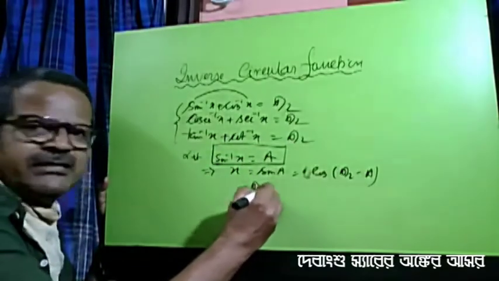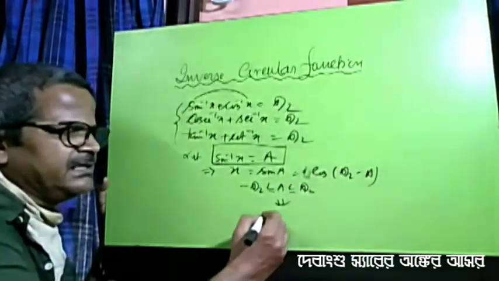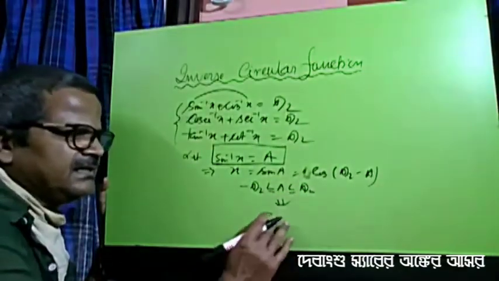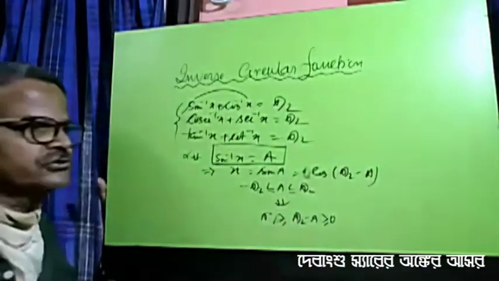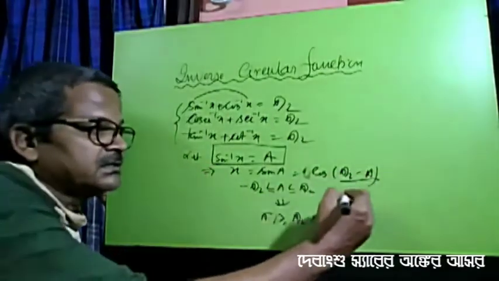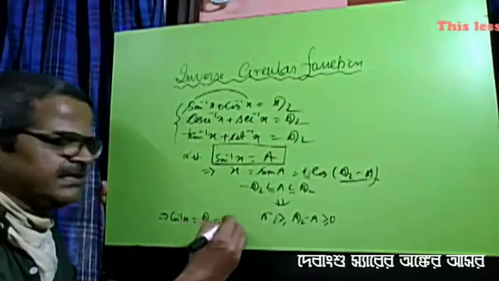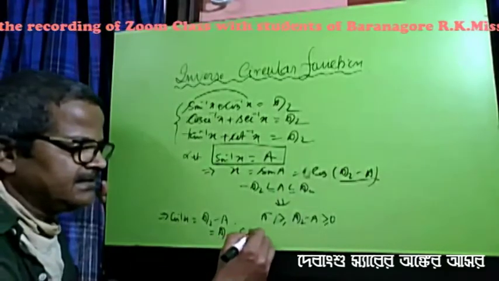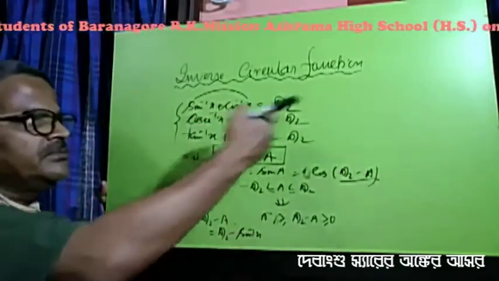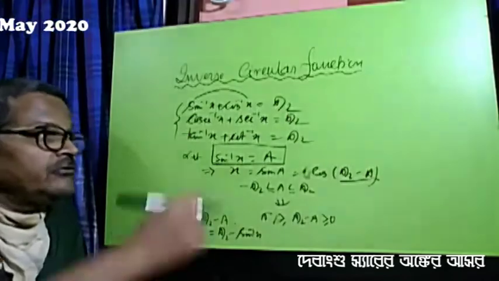So minus pi by 2 is less than or equal to a, which is less than or equal to pi by 2. And that implies pi is greater than or equal to pi by 2 minus a, which is greater than or equal to 0. So this belongs to the principal value range of cos inverse. So that implies cos inverse x is equal to pi by 2 minus a, and that is equal to pi by 2 minus sin inverse x. Now bring sin inverse here and you have the formula: sin inverse x plus cos inverse x is pi by 2. Likewise, you can prove all these formulas.